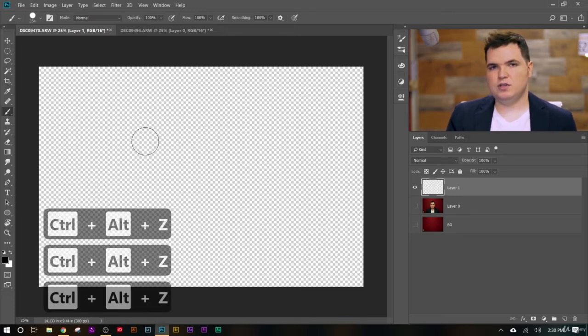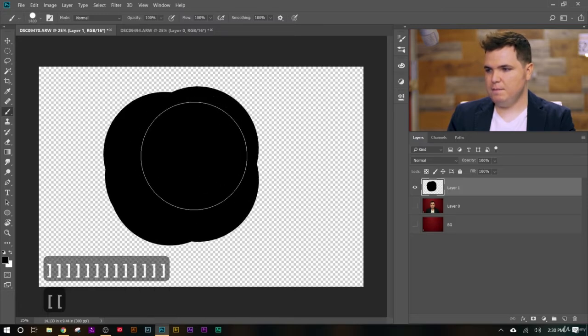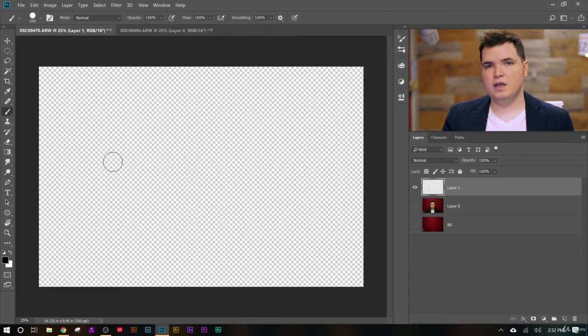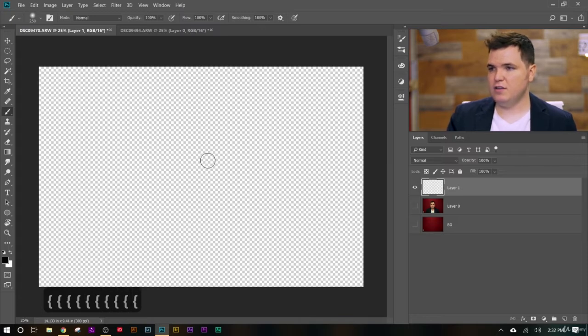If I wanted to adjust the size of the brush tool without opening this, I could click on my left and right bracket keys. You can see my brush is expanding and growing there. I could shrink it down. If I want to adjust just the hardness, I can use the same keys, but pressing Shift, go to the brace keys. And let's see, the hardness of this brush right now is at 100%. So if I go to the left brace key, bring the hardness down, you can see that it's changed right here. And now if I paint,